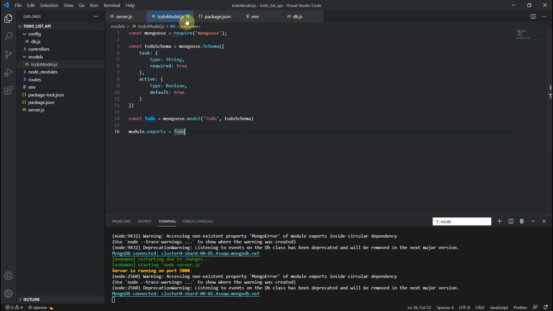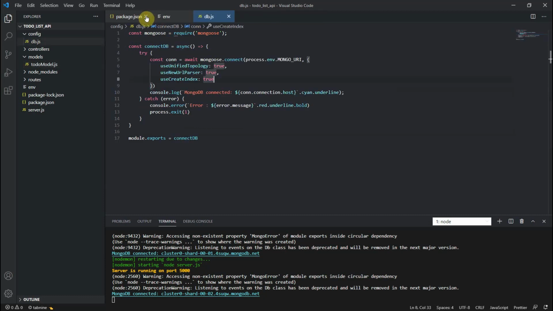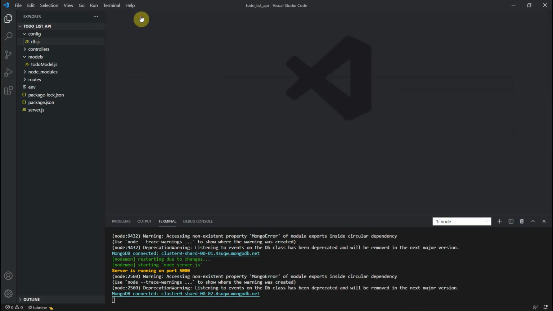Now we will move to router. We need to create the route. I will create two routes. First one is for the to-do list APIs, meaning create, update, delete, those things, and another route is for user, that we will create later.